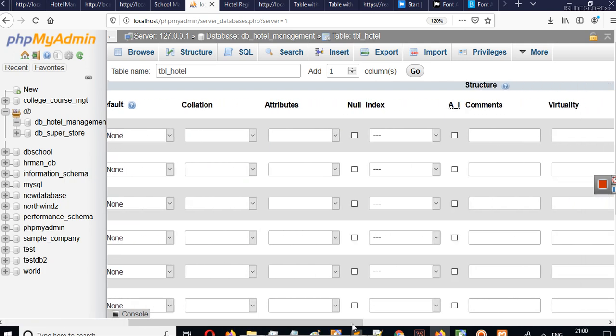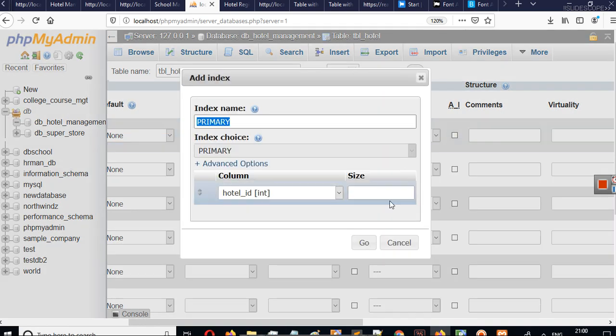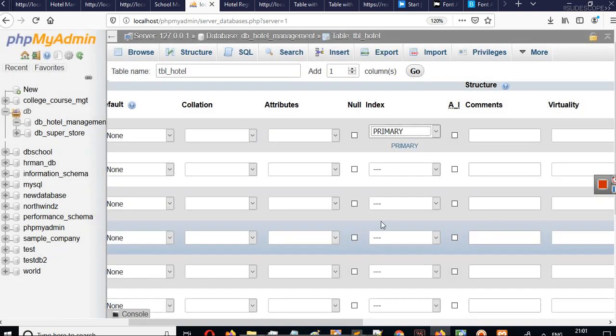Let's move ahead, and there's one more thing that we have to do for making our column an identity, and that is we have to set it as primary key. You can see we are adding an index here that is called primary key index. It will set a constraint on this particular table, a primary key constraint. We can hit go here.